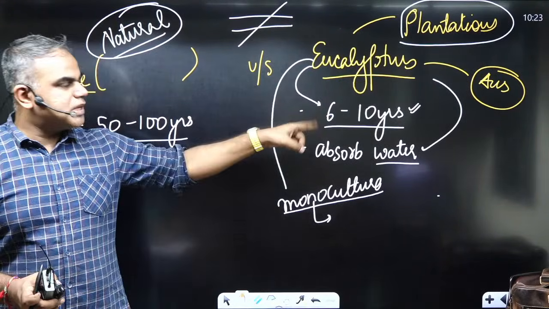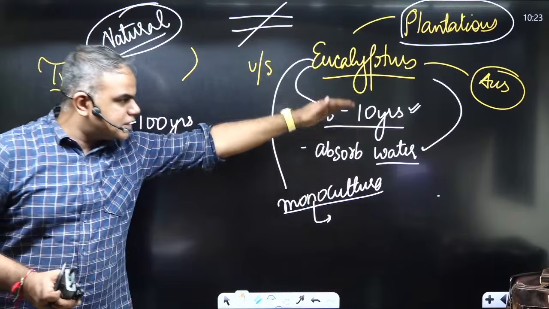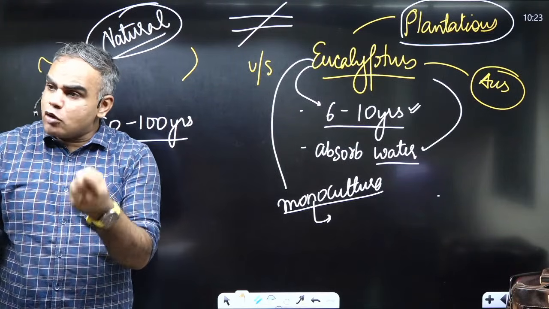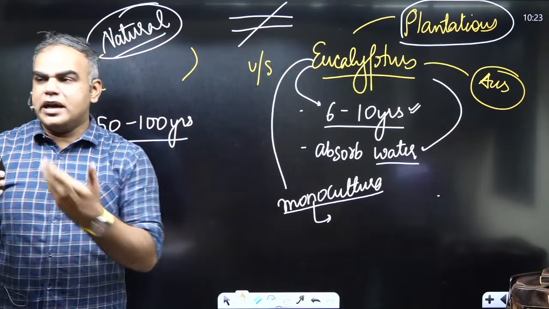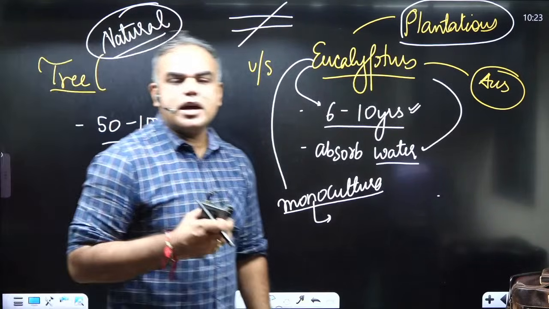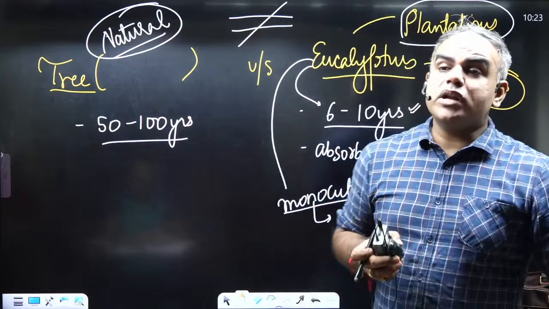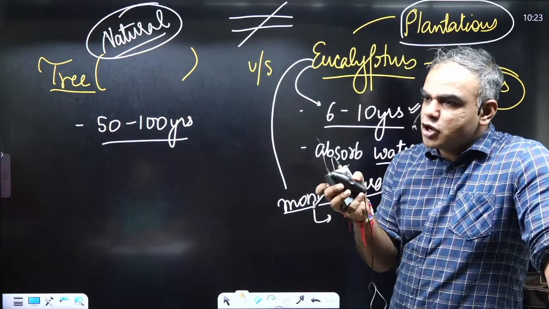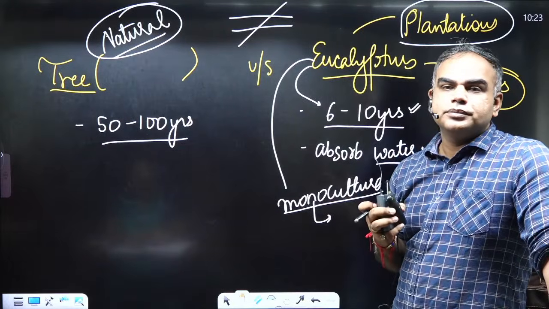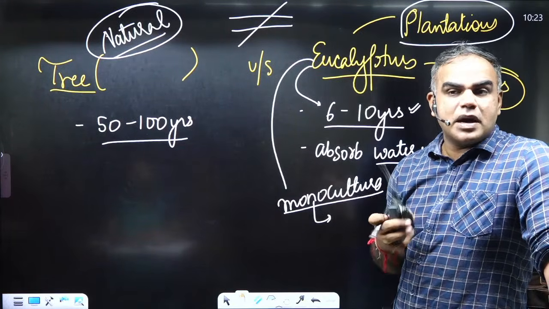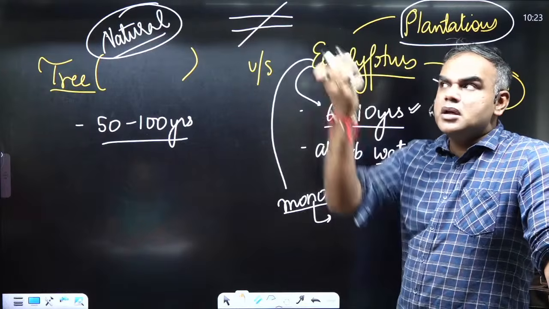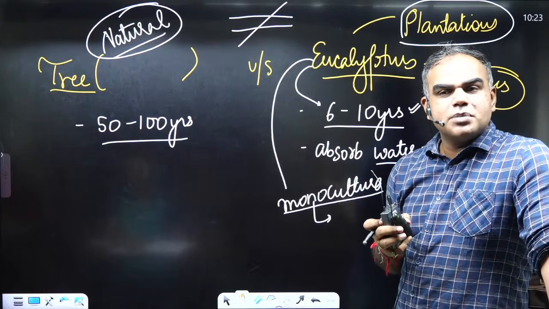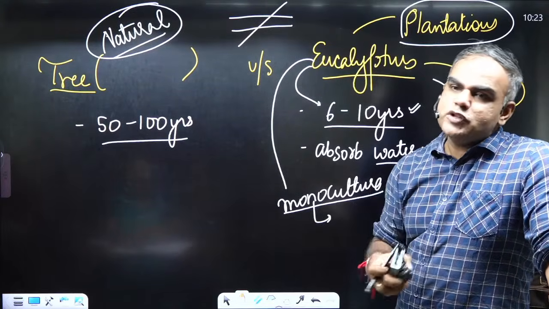The problem is, the moment they grow more and more, they take a lot of water. And in India, as you know, the biggest issue is water. We become water exporters. We use cash crops, plantation crops that take too much water. So other crops will face difficulty, farmers will face difficulty. You have limited irrigation, you are dependent only on the monsoon, and the monsoon is not reliable. Sometimes you will have too much rain, otherwise you have too little rain.